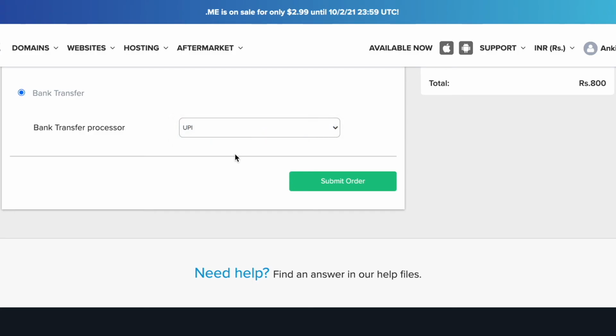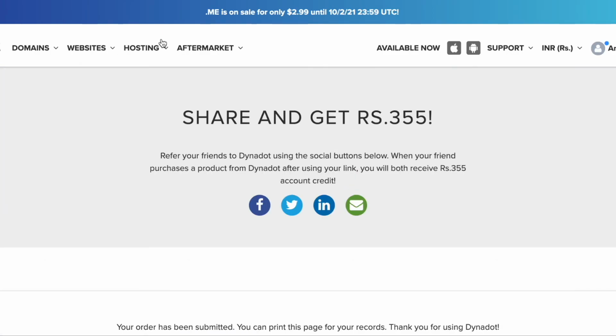So this is the way to transfer your domain from GoDaddy to Dynadot. After this it will take 5 to 7 days, and then your domain is transferred to Dynadot.com. Sometimes the name server is not updated, so after transfer please check whether your name server is correct or not. If not, copy and paste your hosting server's name server into the Dynadot website. So this is the whole procedure of how to transfer your domain from GoDaddy to Dynadot.